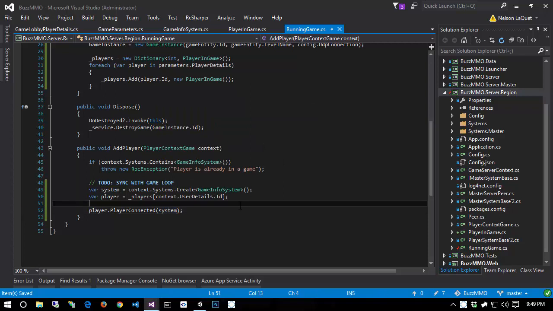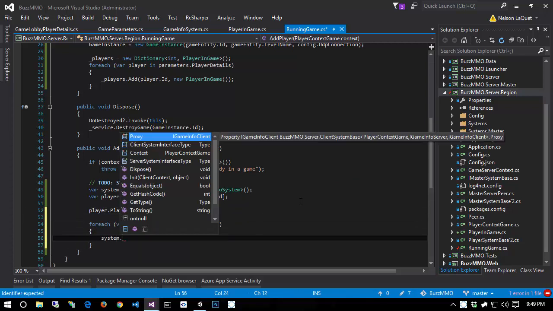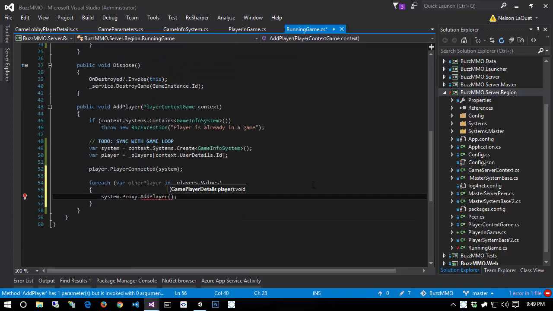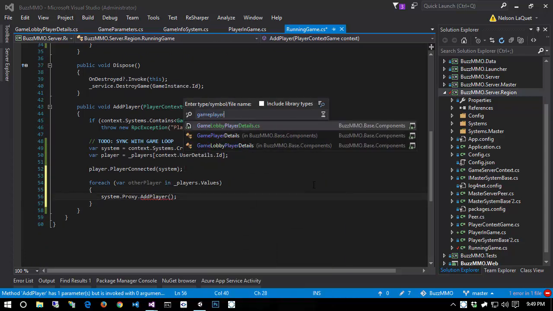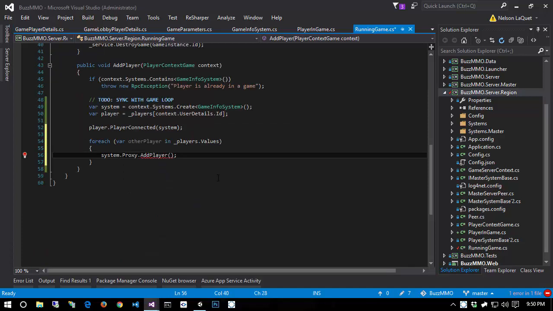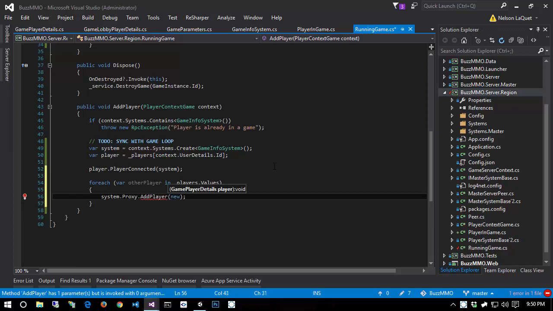And then we're going to want to relay all the information about the existing players to that system. So I want to say for each var otherPlayer in players.Values, and we want to send that information to the system. So I'm going to say system.proxy.AddPlayer, and it wants a GamePlayerDetails, which is the information about what points a player has and all that stuff. And in addition to that, I also want to indicate when the player connects that the player is connected to everyone. So for other players, the system proxy GamePlayerDetails will do new GamePlayerDetails, passing in